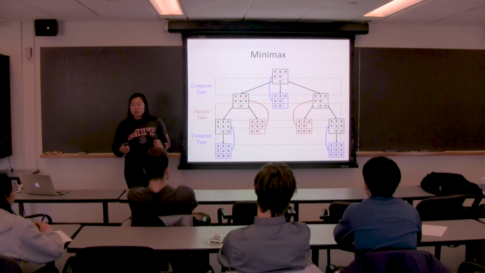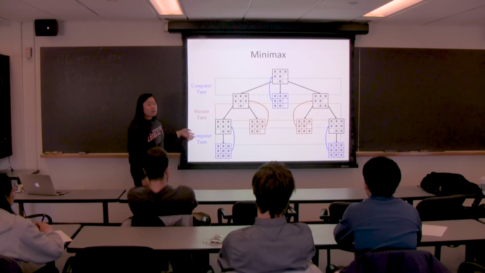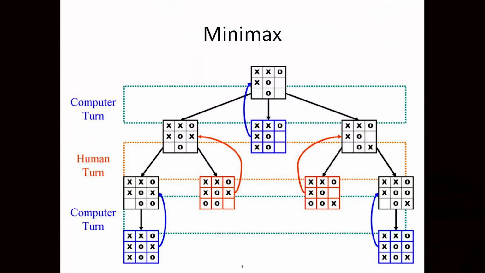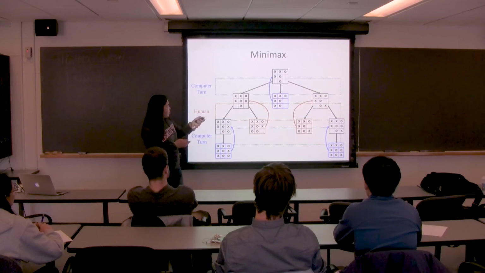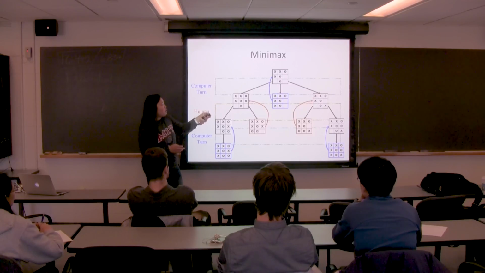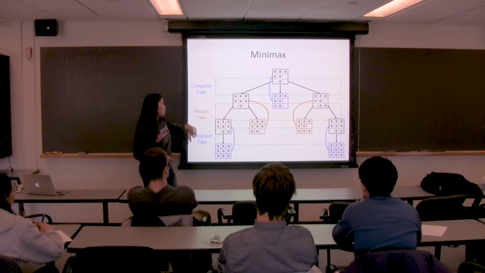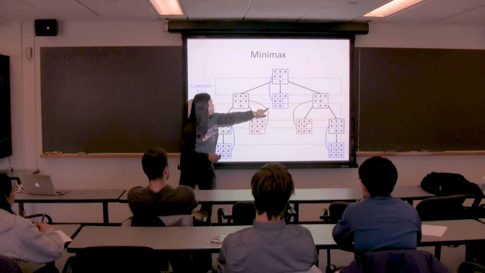And so in the example of Minimax, we're going to start with a tic-tac-toe board, where the computer is this board right here, and the blue tic-tac-toe boards are the states that the computer finally chooses. And it's anticipating what moves the human could play. So if you take a look up here, here's the current state of the board, and the possible options for the human are this guy,